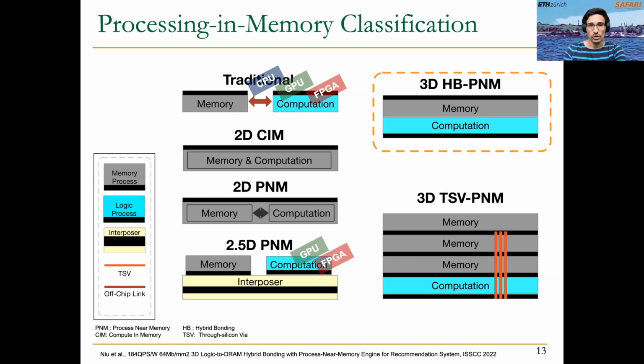If we talk about the processing in memory systems themselves, this HB-PNM architecture could be placed here in this 2D processing near memory, where the processing in memory capabilities are inside the memory chip itself. And also here, we can place AIM from SK Hynix. The paper considers the proposal from